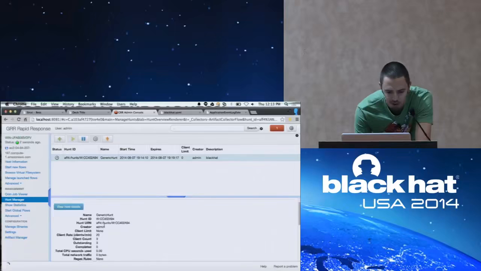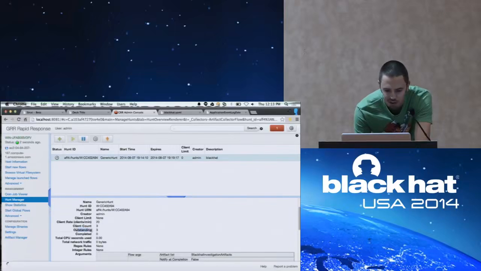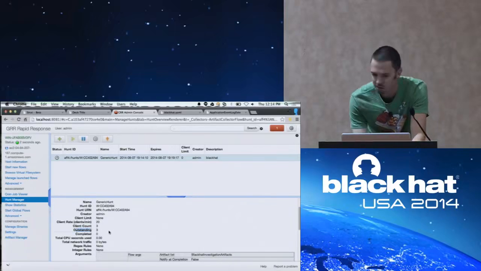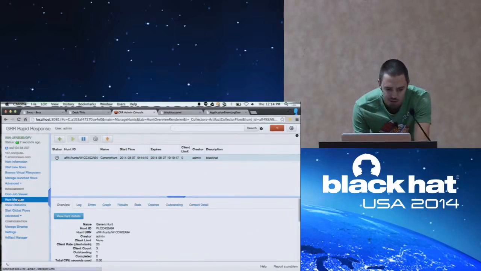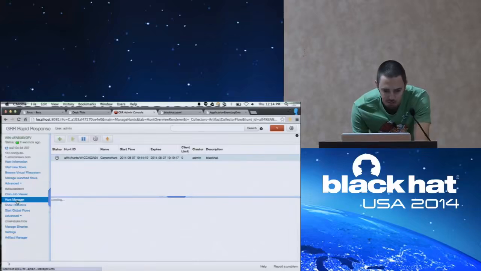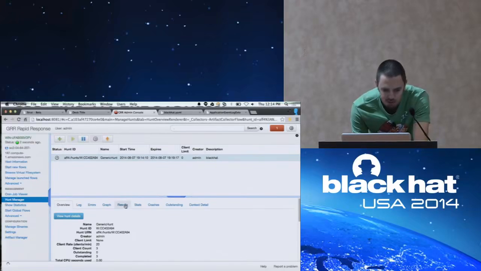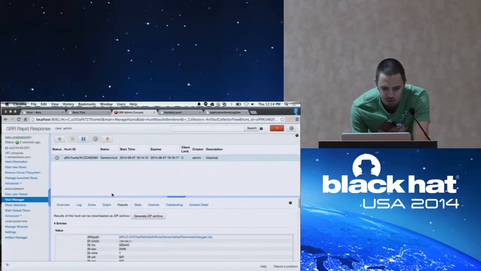So this hunt is now running. You can see here it says outstanding 3, so there's 3 machines that have picked up this hunt, which is my entire fleet. 2 of them have finished. Now they're all finished. So if I look at results,